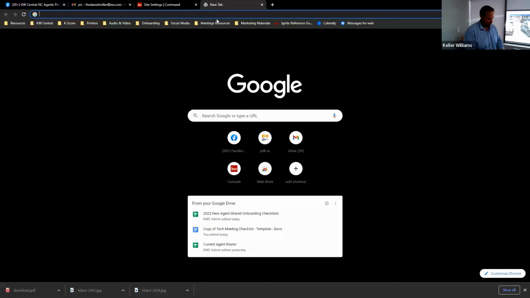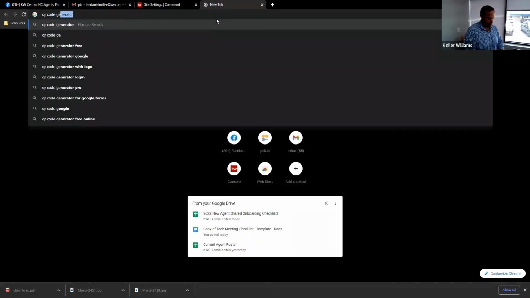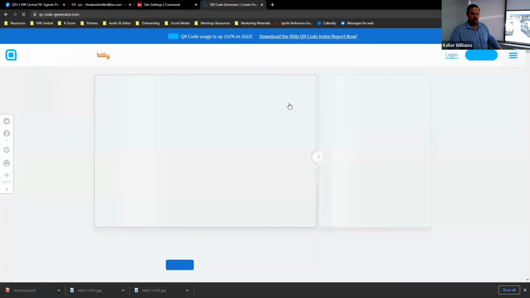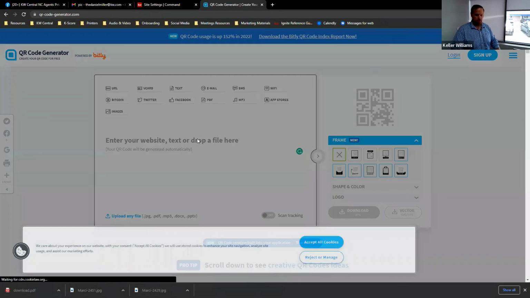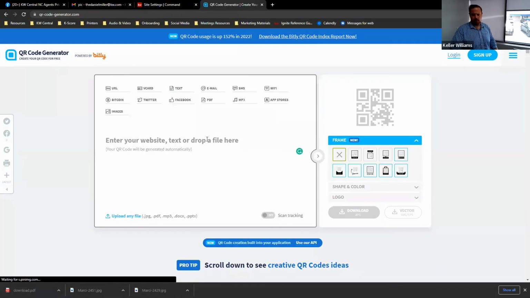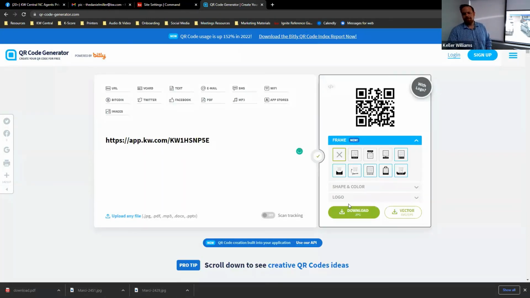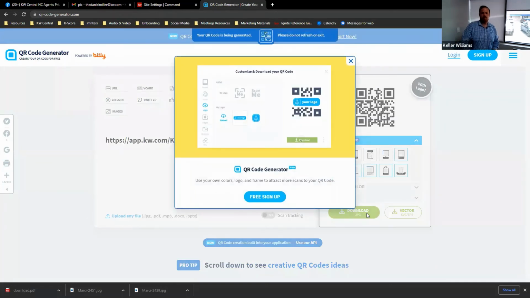And again, QR code generator. Exact same premise. Oops, yes, I accept cookies. And you would just download it. And then anybody can just download your app very easily. For anybody that's looking at the camera, that makes it a little bit easier there.